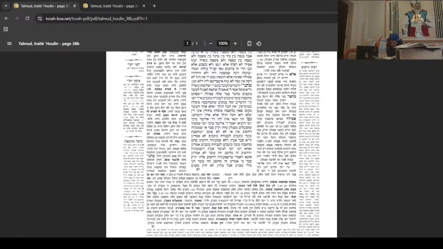So there's another way to understand it. The machlokas is like this: the Tanakama holds ki amrinan zeh mechashev v'zeh oved, when we say that this guy is thinking and this guy is doing the action, that only works to invalidate the korban on the inside. Now, what do we mean on the inside? TJ? TJ on the inside. Okay, good clash, good malach. TJ on the inside, shout out. But that's not what the Gemara is talking about here. But it's a good guess.